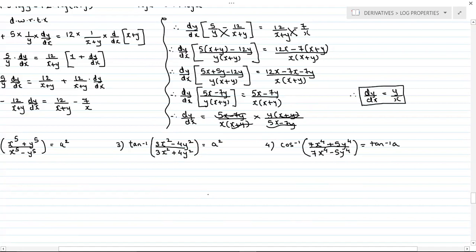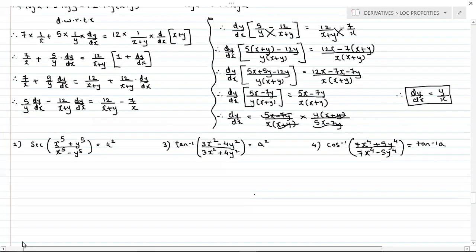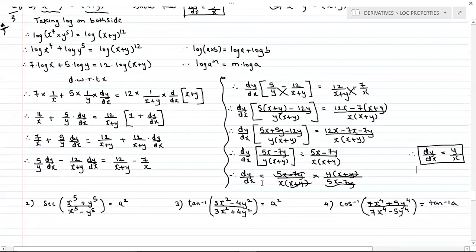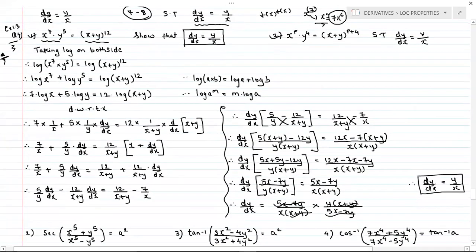So in this way you have to present your sum. Okay, and this sum is very important from the board point of view. As I told, there are 2-3 different methods in which you can find your answer, but when you apply the regular method like the x raised to n formula, you will get the answer, but it will take too much time. As here clearly we can see that it is going up to 10 to 12 steps, so there it will be more than 10 to 12 steps. Okay, so the best method is what? Taking log on both sides.